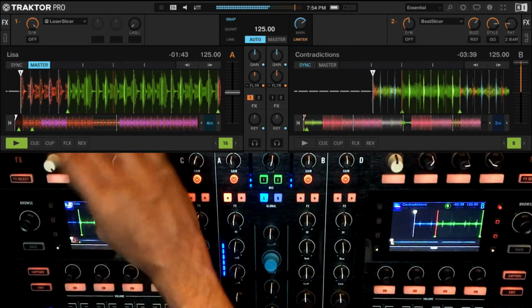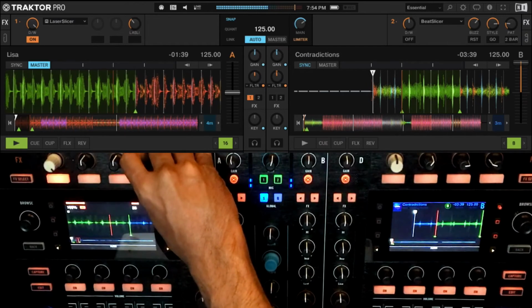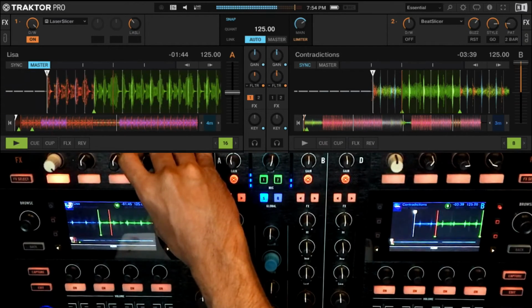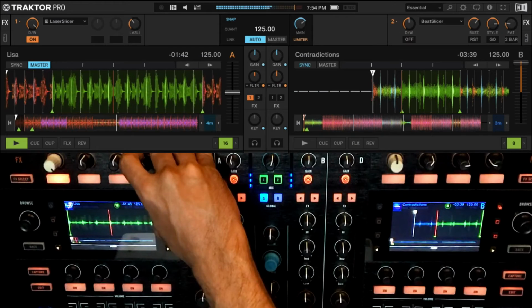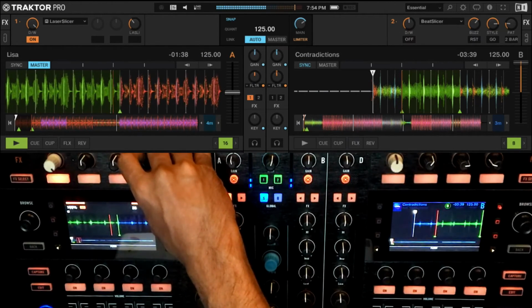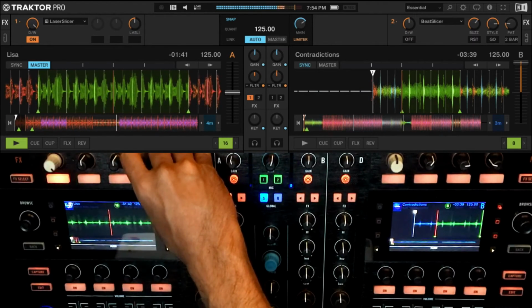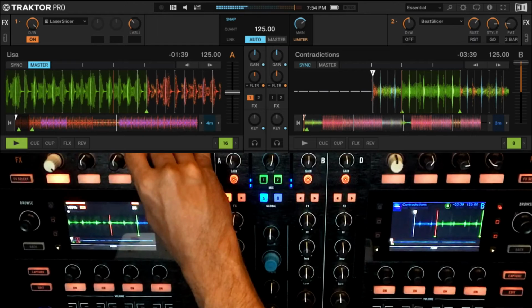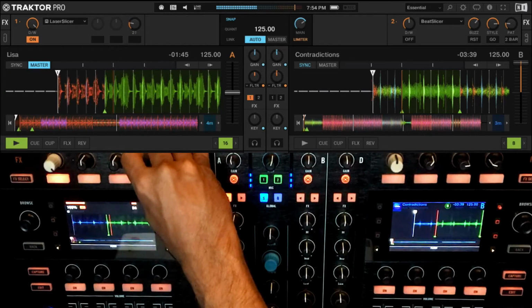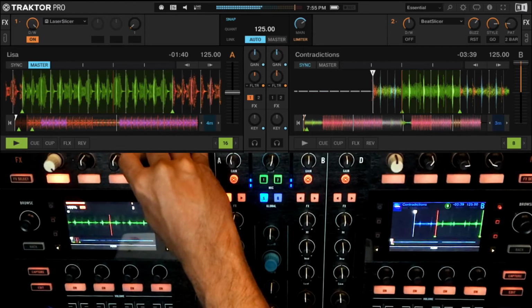There's feedback coming in, right? So as I turn it to the right, one of the slicers, right? It's definitely the beat slicer. Center, nothing is happening. Left side, slicing plus some kind of delay.